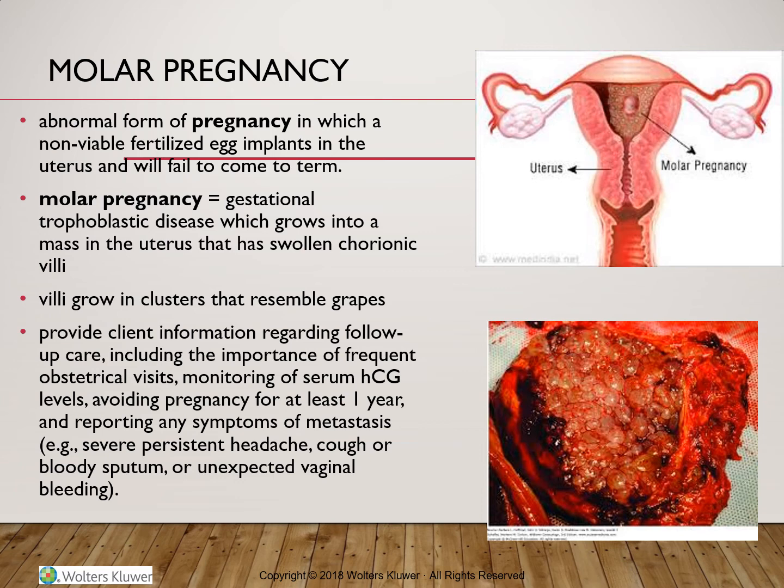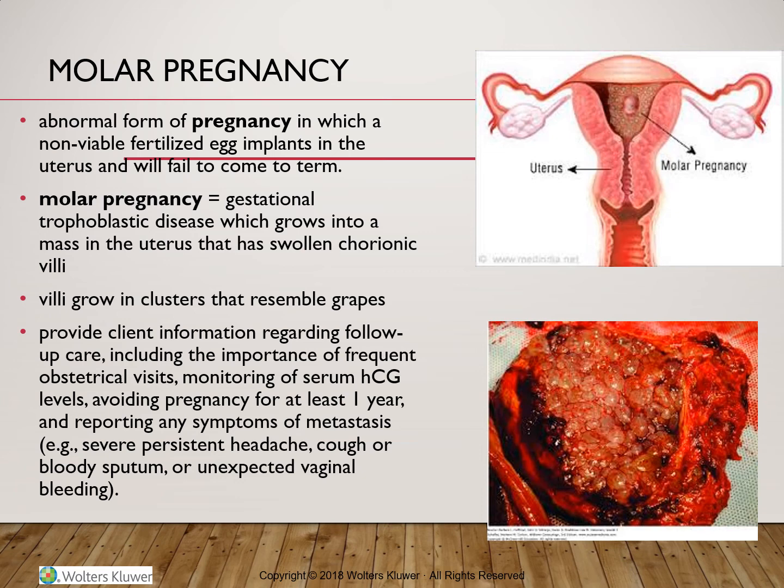Gestational trophoblastic disease includes two related diseases, both related to the trophoblastic tissue, the tissue that ultimately will form the placenta. Those two conditions are the hydatidiform mole, or molar pregnancy, which is a benign growth of placental tissue, and gestational trophoblastic neoplasia, which is obviously a malignancy of the uterine lining. And we have two types of molar pregnancy.